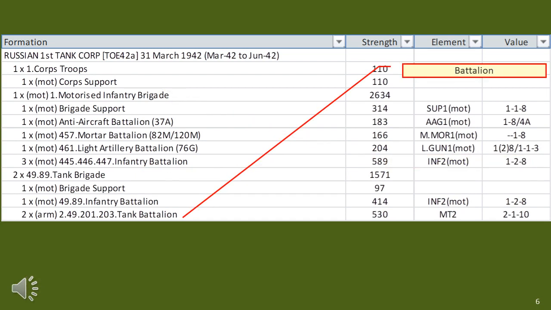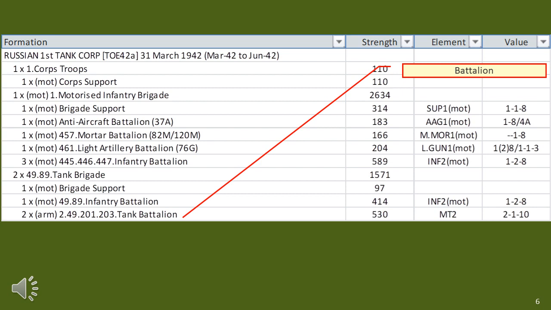The third formation level is the battalion or equivalent. The number of each battalion is indicated, as in this case we can see 2 tank battalions. Moving to the right, we come to the battalion combat strength, in this case 530, followed by a battalion code, which in this case is MT2, which means medium tank strength 2, and finally a combat value, which is used for a set of rules based on the SPI Modern Battles board game. This value, that is the board game value, will be ignored in this video as it's used for a set of figure gaming rules, but the other values will be used as they provide an idea of the battalion type